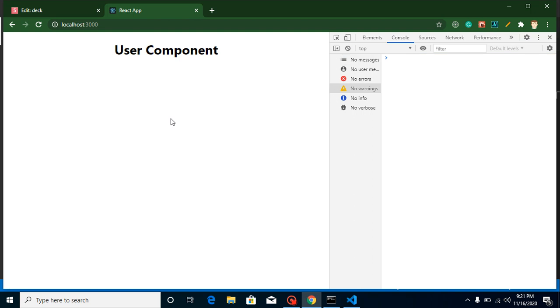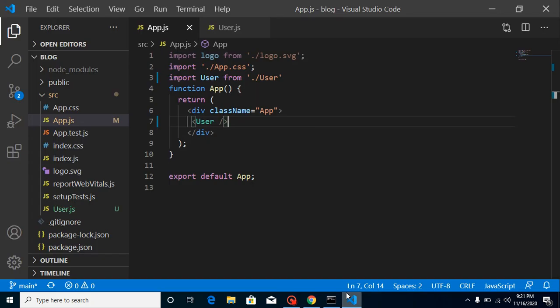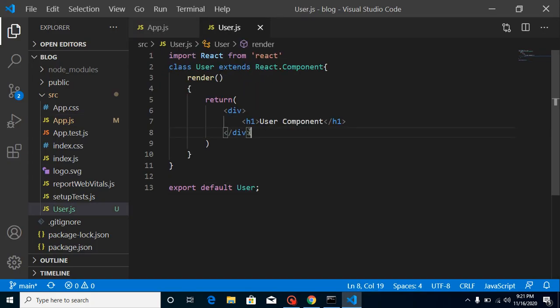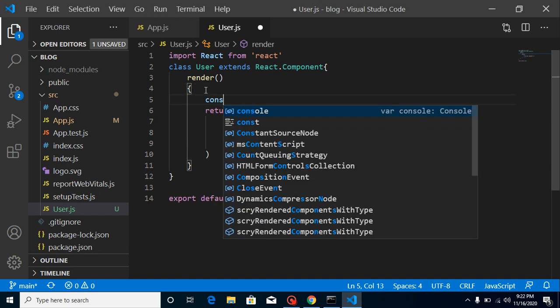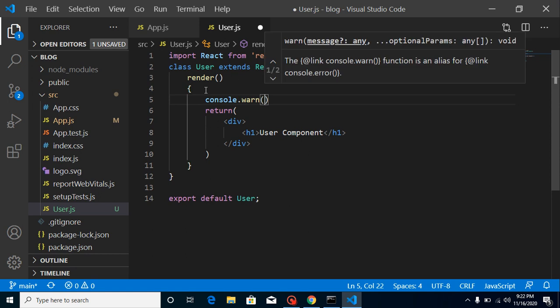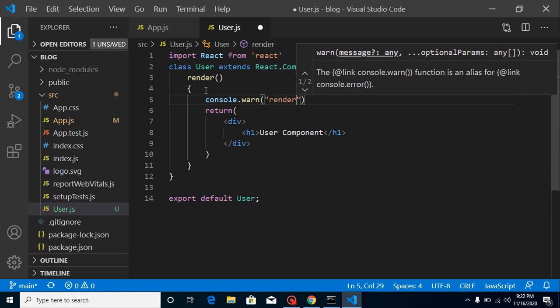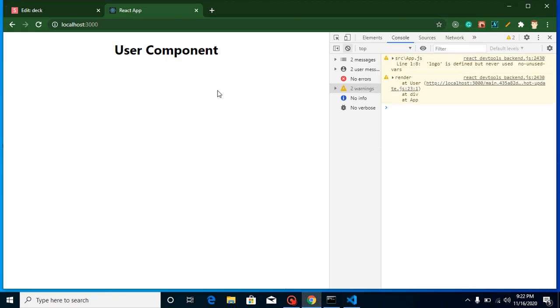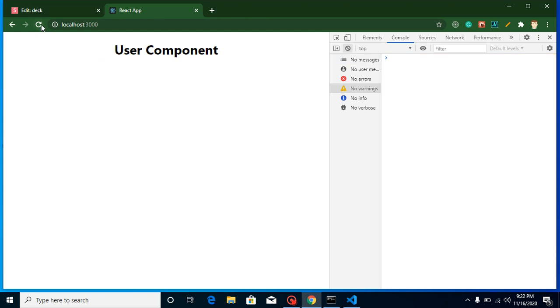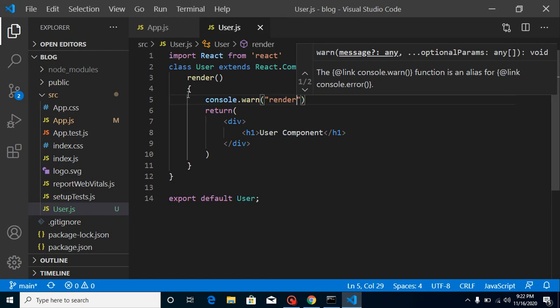As I told you, the render method will be called from three places. One, whenever our component is created. So let's check all these things with a console.log, and I'm going to put here render. You will find that whenever I refresh this page, this render is printed in the console. Why? Because this method is automatically called when our component is created. Second thing, it will be automatically called when any state or props are updated.